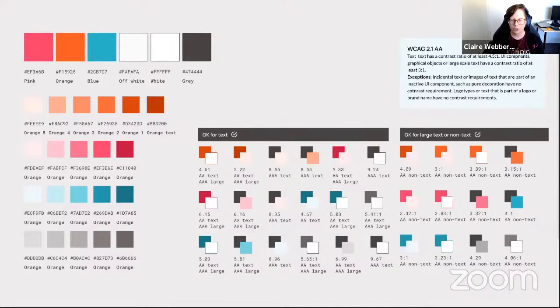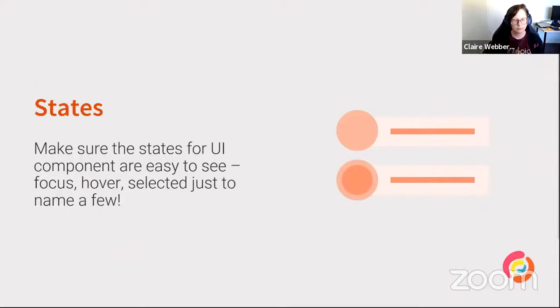It's important to also have at the top some information around WCAG color contrast ratios, because it can be tricky to remember the values for different requirements. Having those rules clearly outlined and documented in your design system can really help build up that understanding and the expectation of what the minimum requirements are for colors.